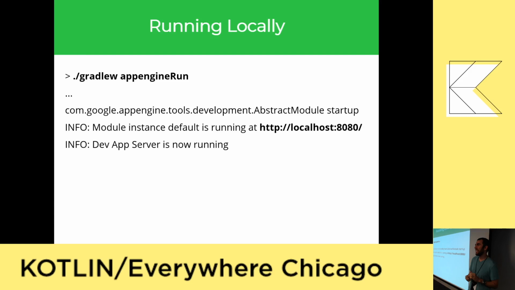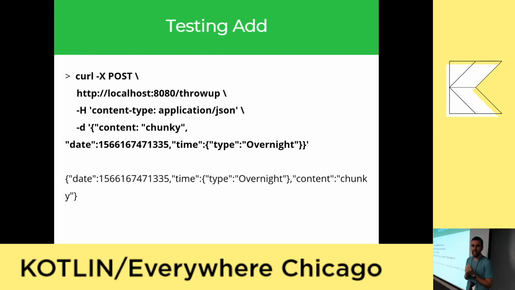Now we're going to test adding, but this is just a server. You're running a full Ktor server locally, so you can just run a curl command. Here I just hit localhost 8080, my endpoint, sent up some JSON, and my server is set to just respond with the JSON that you sent up, assuming that it all worked out. And so I got that response right. Also nice, if you're running a full server here, is if you want to see the results of the get, you can just go pull it up in your browser.